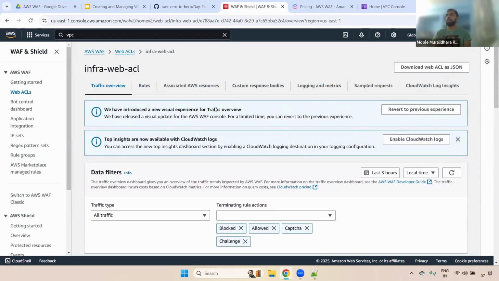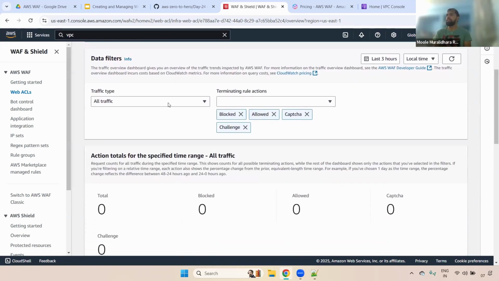So that you will get some idea. Later part, how do we integrate the associated load balancer, everything we can discuss. Okay. Now here you can see traffic overview, and here we can see what type of traffic you want to filter. If you want to filter all traffic or specific bot control. Okay. And here we can see the terminating rule actions, whether it is blocked, allowed, captcha or